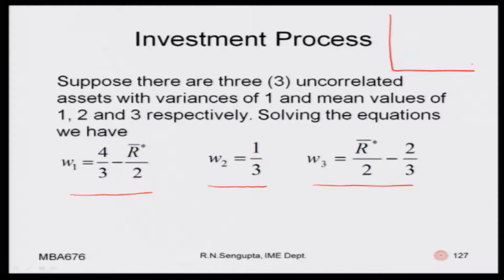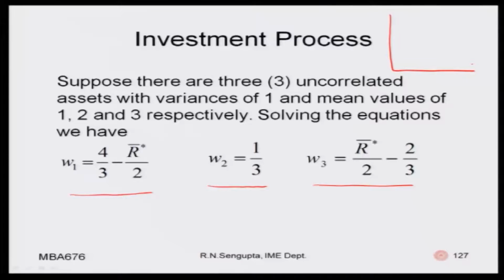So, given these values of the combination of W1, W2, W3, what you do is find out the returns for the portfolio corresponding to that value of W1, W2, W3. Point 2 is to find out the correlation coefficient between the stocks, and based on that particular correlation coefficient, you find out the variance of the portfolio. So, what you are doing is that as you keep changing R star values, you will get different combinations of